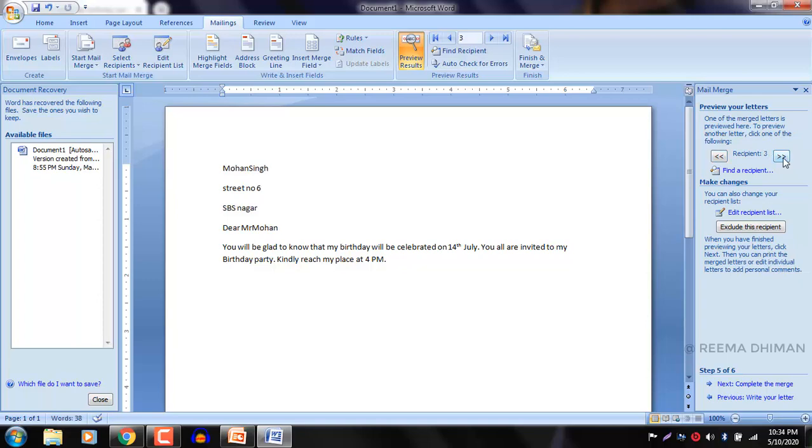And you can also use this button, preview results. Here you can also change. Clear? So both the buttons you can use. So this was previewing your results, means previewing your letters.